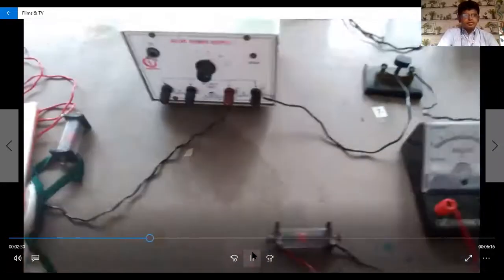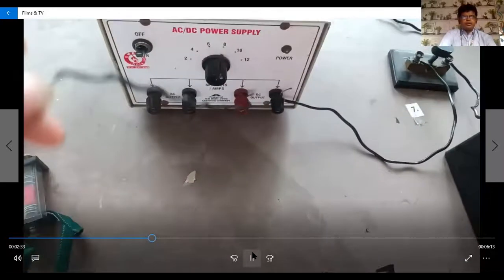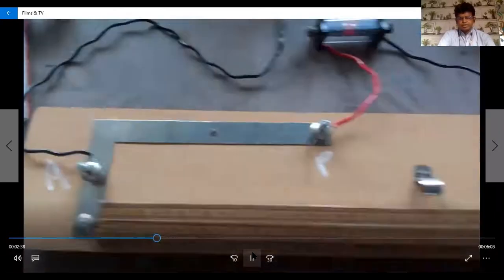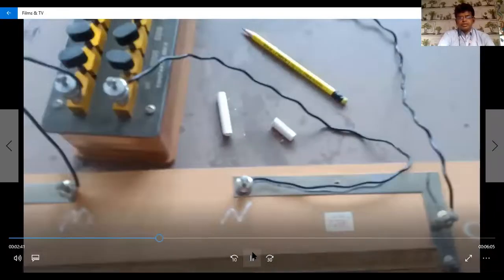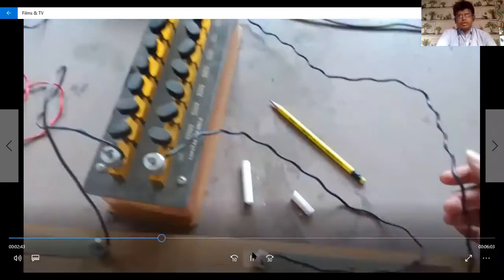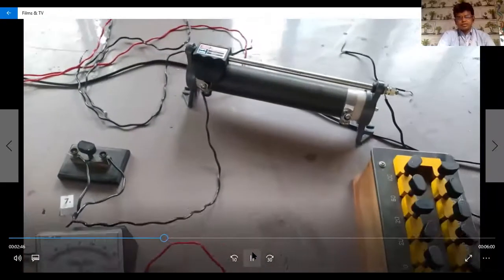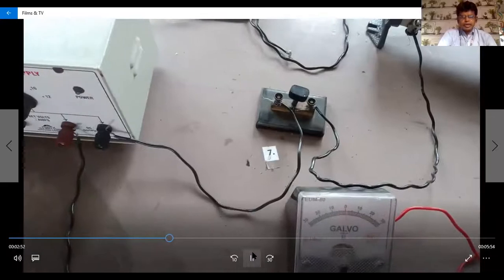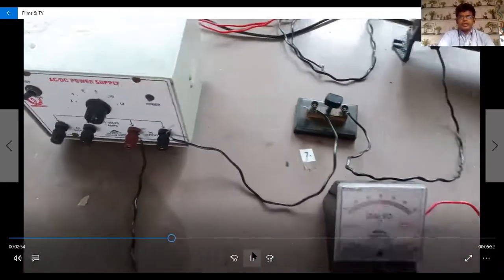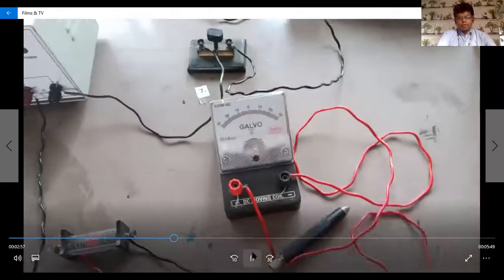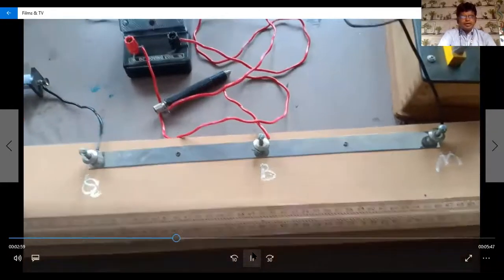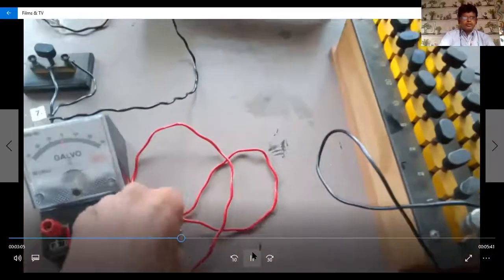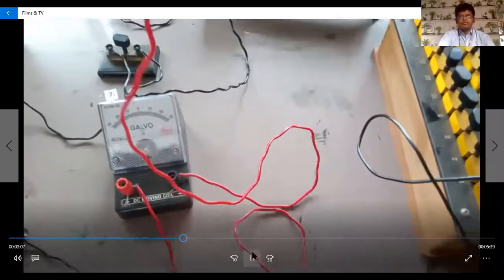So you are seeing here the circuit connection. Starting with the battery plus to bridge A, as per the circuit diagram. Then after C to the rheostat upper side, it is compulsory. Now rheostat lower, any one to the simple key, and the simple key remaining to battery negative. Now we join the galvanometer with the B point as plus, and the G meter minus we join with the one jockey key.